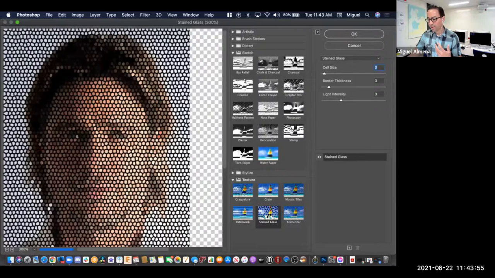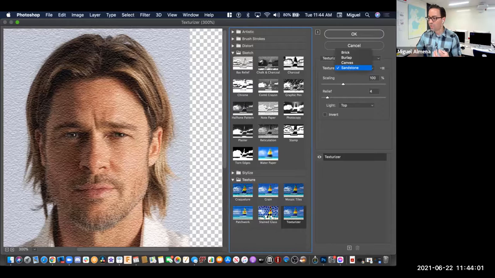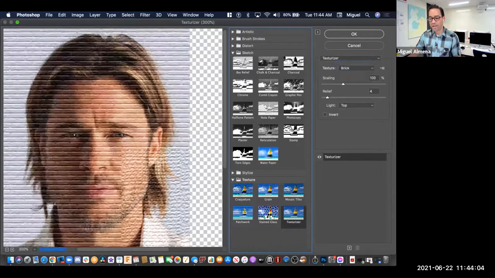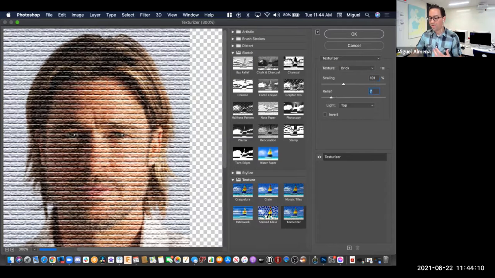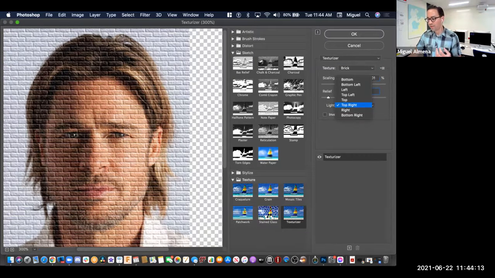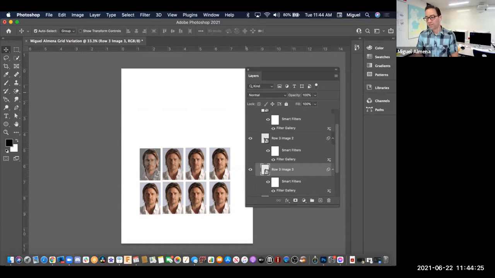So playing with the cell size, or texturizers as well, where you're showing him on canvas or sandstone or burlap or even brick, right? Like, what would this person look like if it was painted on brick? And how rough is the brick? And is it on the top right brick, or is it a bottom right kind of brick where there's lighting? And do we invert it? Can we invert it to something else? So it's really interesting, all the cool things you can do with the effects. And effects is used mainly to create symbolism, if anything else. Okay. So feel free to use those effects, but basically this exercise is all about applying effects for rows 3